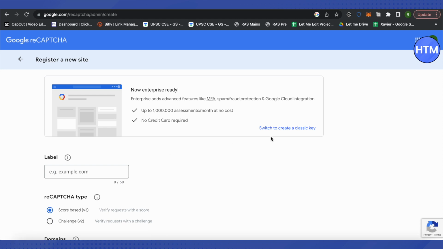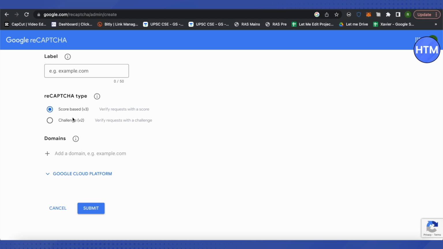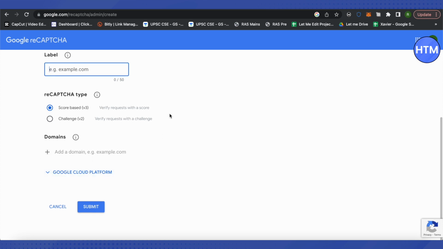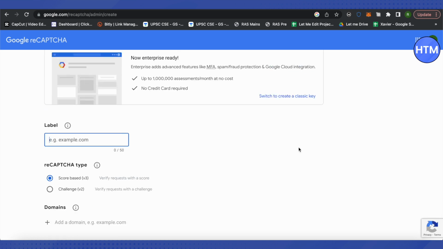After that, make sure that you use your Google account to sign in and then select the kind of reCAPTCHA that you are looking for. And for example, you can type your website and then also add your domain. Submit all the other details, and after that you will be getting two different keys